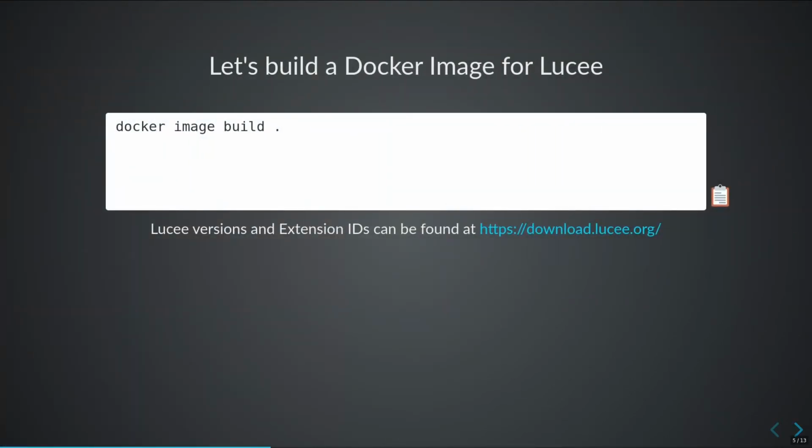And now we're ready to build a Docker image for Lucee. The basic command is docker image build dot, and the dot is not a typo here. It tells Docker to use the current directory as the context for the image build. The rest of the arguments that I show you are optional, but are very useful, so let's see how they work. I will use a -t switch to tag the image as isapir, which is my username,